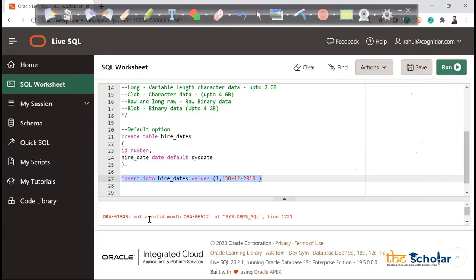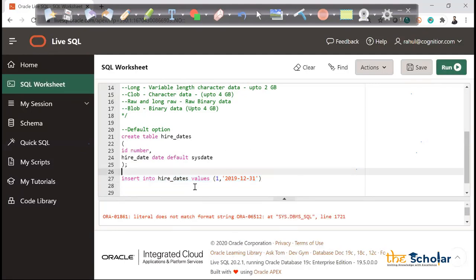You see, not a valid month. That means Oracle is not able to capture. So we have a separate discussion on the date column as well. As of now, let's play around and try to understand what option Oracle will take. It's also saying that it does not match the format string and so on, right? As of now, it's obviously not working. So let's go and make it as DEC. Let's see whether it is working fine. This is also not working fine. So we are trying to insert a date and it is not working fine. And we'll have a separate session on the date, how we can change the format and all those things.